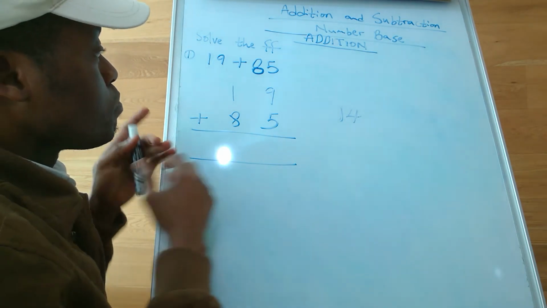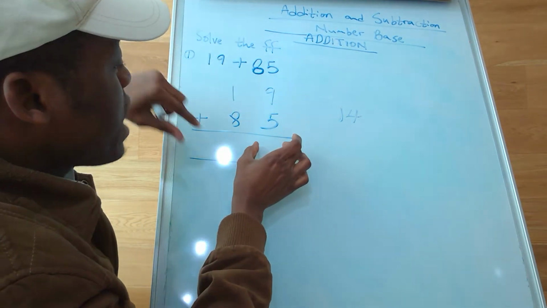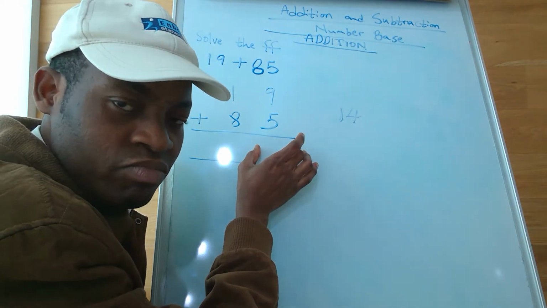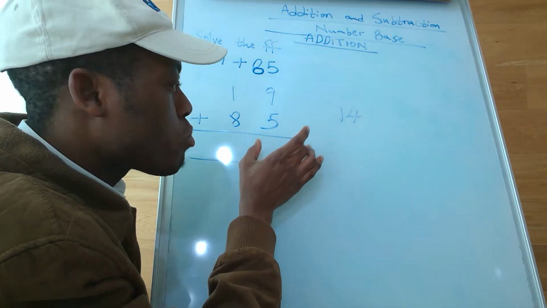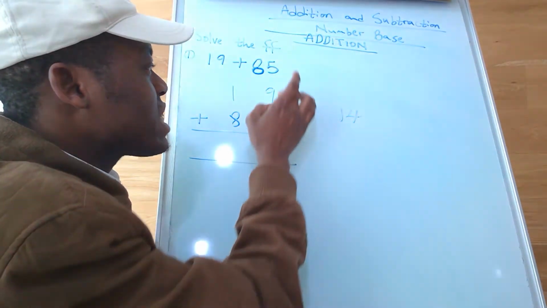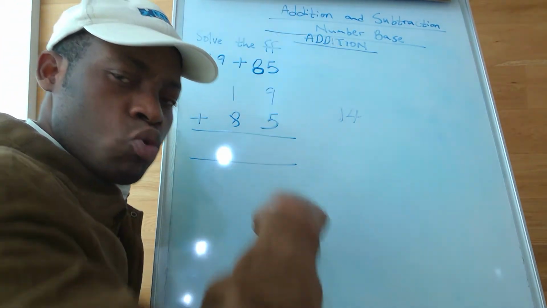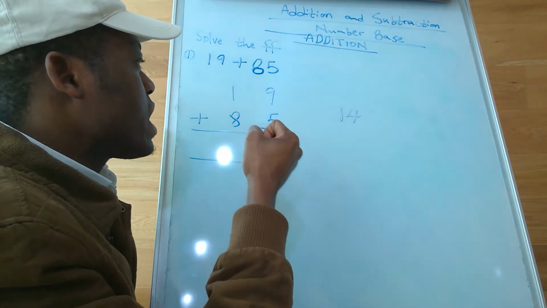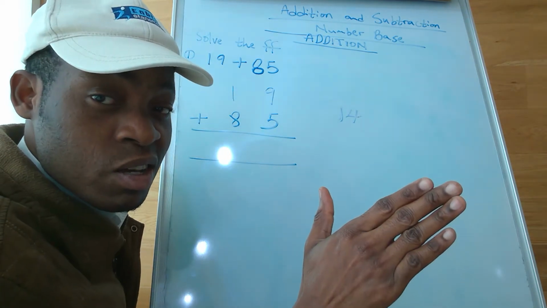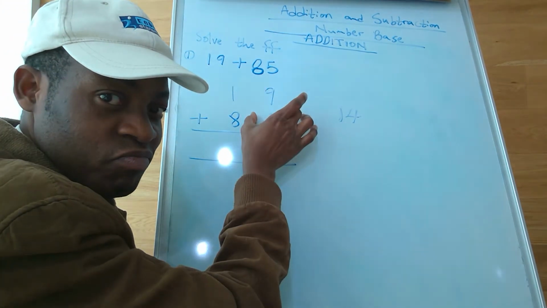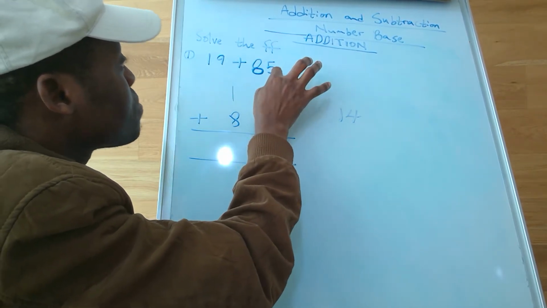What actually happens is that this line can only contain a number less than 10, because we are working in base 10. That is the reason. You must not put any number here that is 10 or more. Anytime you are adding, when you get to 10, the 10 will turn to 0 and make the second line have an additional 1. That is it. Because we are dealing with base 10, nobody will put the 10 there.